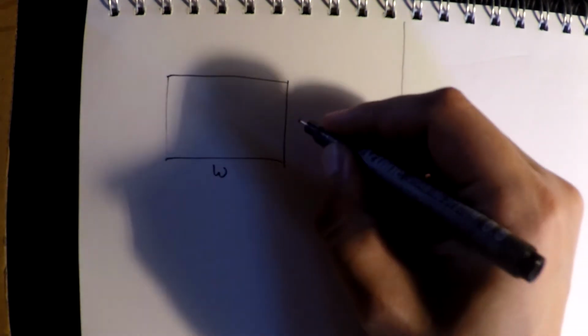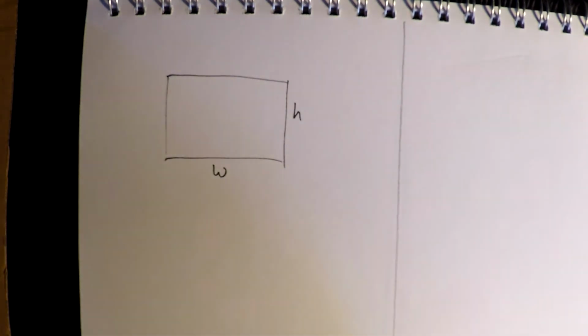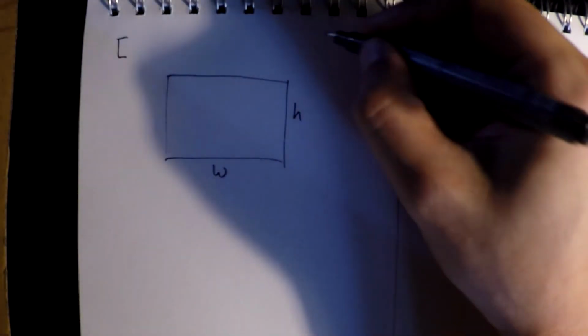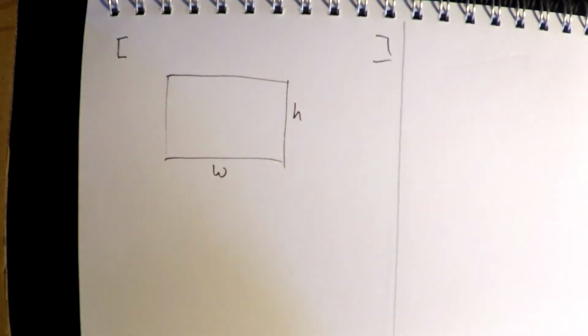So just a little bit about the basic theory. Let's say we have a screen with some width and some height. We represent this screen with an array where